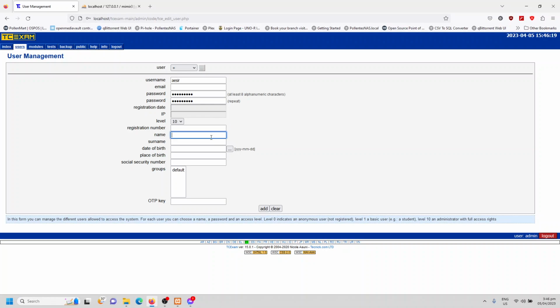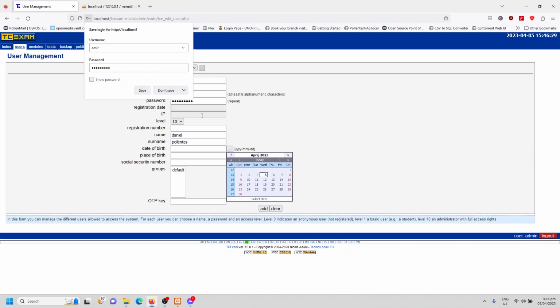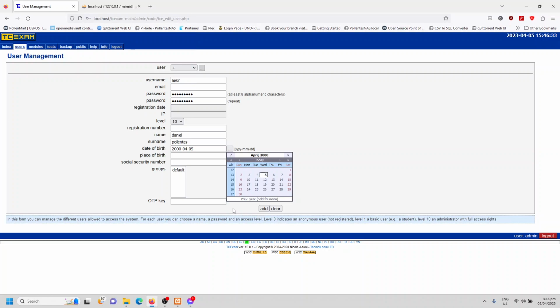For the registration number, you can leave this blank. For the rest of the fields, it's advised that you fill them up because the system needs them for running purposes, of course. So place of birth,